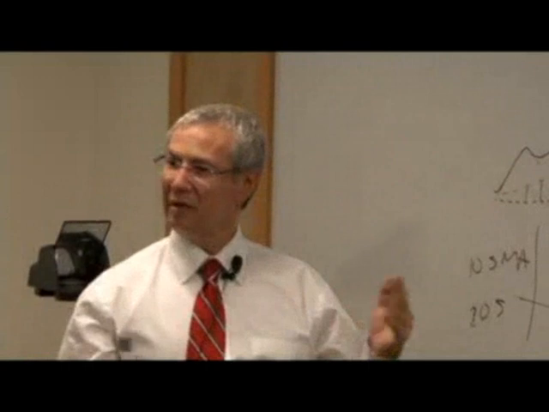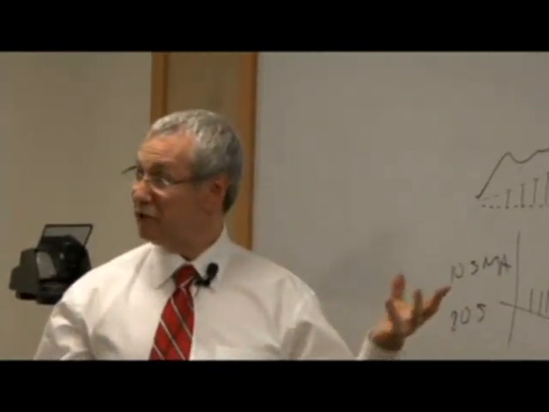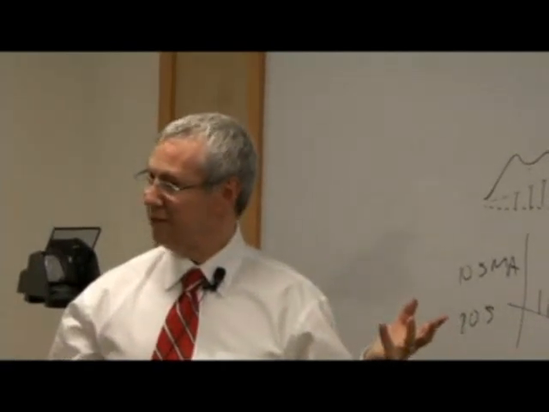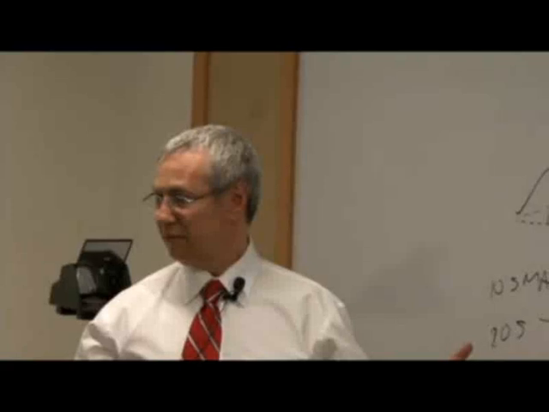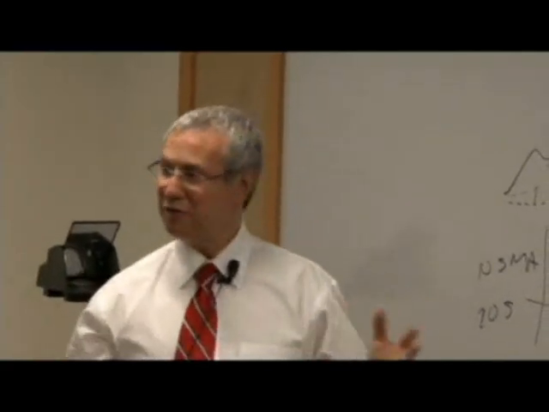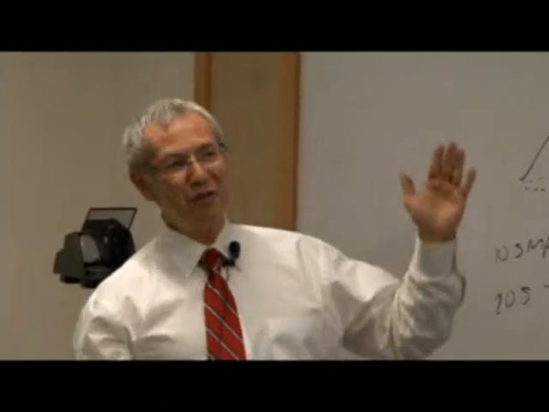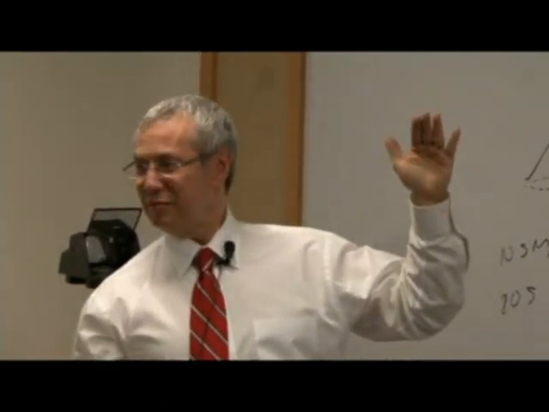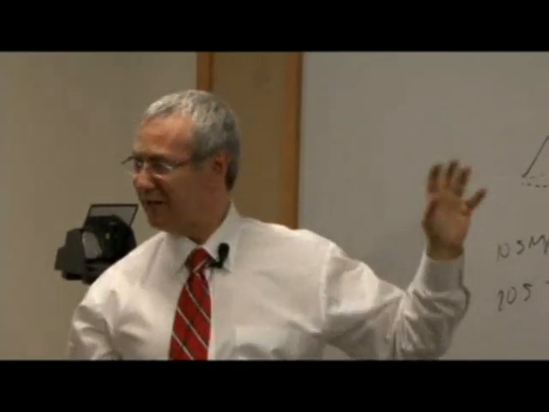Use a leading one, use a coincident one, use a lagging one. Tweak the days a little bit. You could always try to be a week smarter than everybody else. Okay. Everybody is using a 50-day moving average. Use 45. Everybody is using a 200-day moving average. Use 195. If the stock is rolled over so much that it's going to break a 200-day moving average soon, it'll break 39 weeks first.